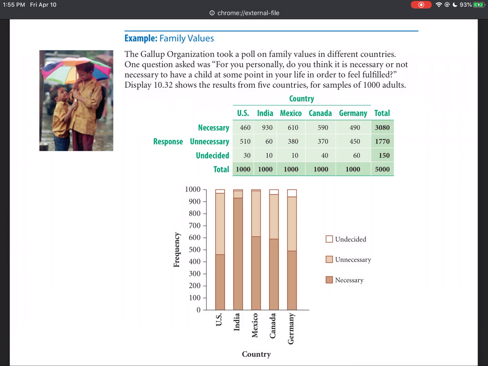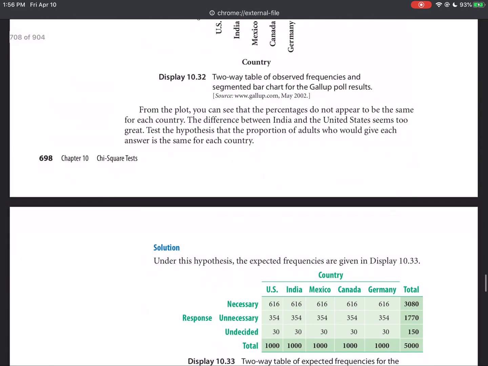Mexico and Canada are pretty close, so yeah, those are different than US and Germany, but not terribly different. But then you see India and you realize that, yeah, I bet this result is statistically significant. Their distribution of responses just looks way, way different than the rest of the countries. And not surprisingly, if you were to run this test,